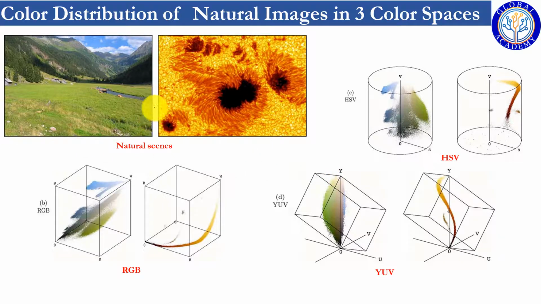So we have two nature scenes, two different images, and their colors are then displayed in RGB space. This scenery is displayed in RGB space, their color representations. The color used within this scene from RGB space, and similarly color used in this picture from RGB space, and then in HSV space this green color, and then this yellowish and red color. And then YUV, which we have not discussed yet, but we will discuss within 2 or 3 slides, within a few slides.